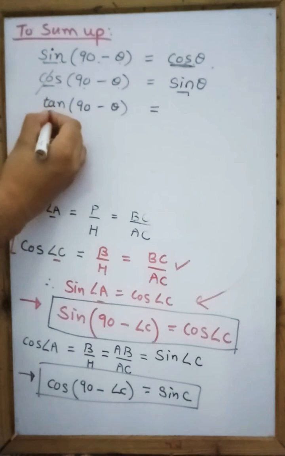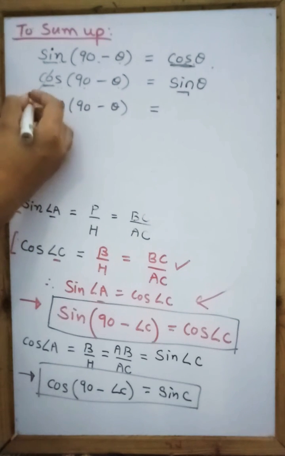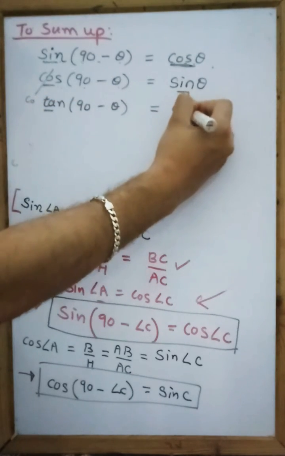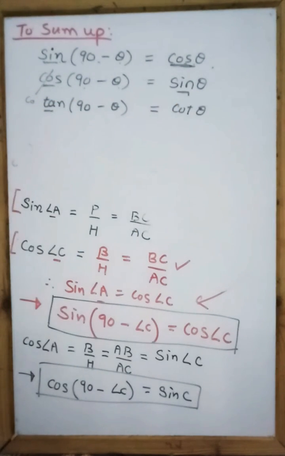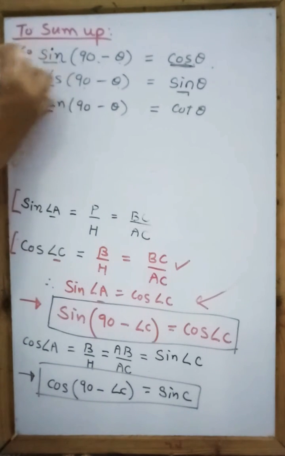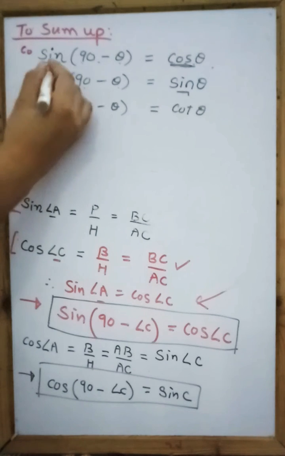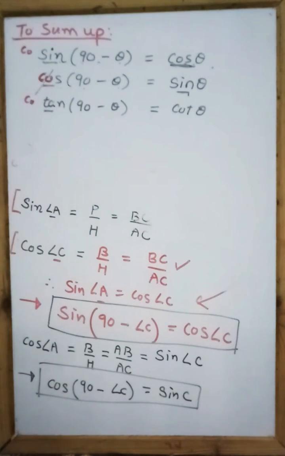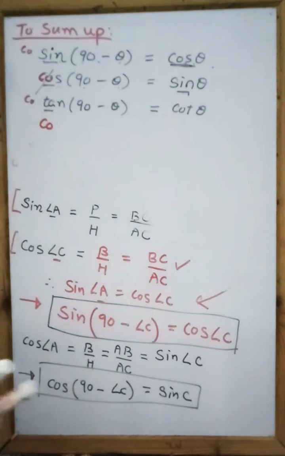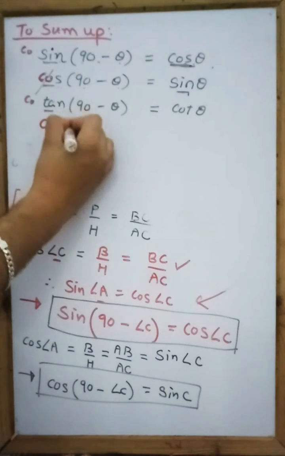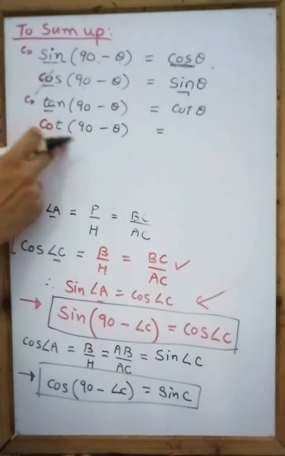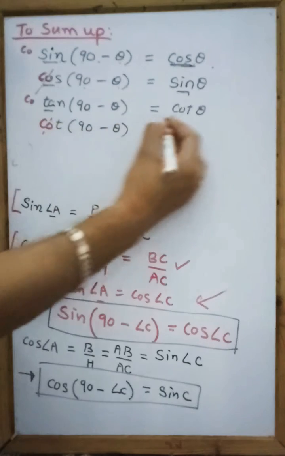So tan ke aage co nahi laga hua toh aage co laga denge, toh ye ban jayega cotan, cotan means cot theta. I hope you are all able to understand this thing. So here this co will come; here it was co but co will be removed. Same way if I ask you what is cot of 90 minus theta, so cot means cotan, co will be removed over here and the formula will become